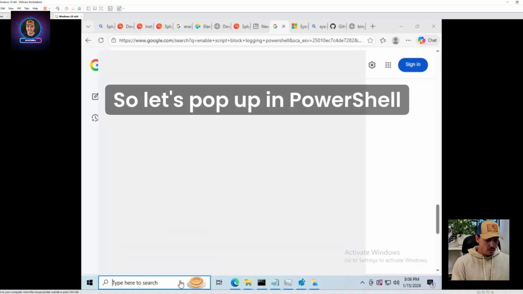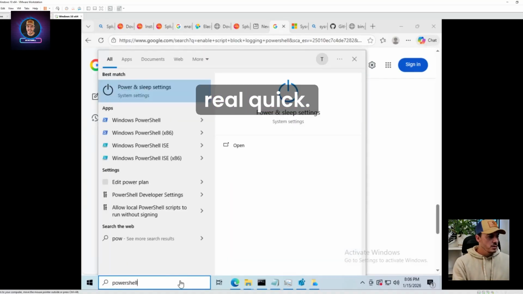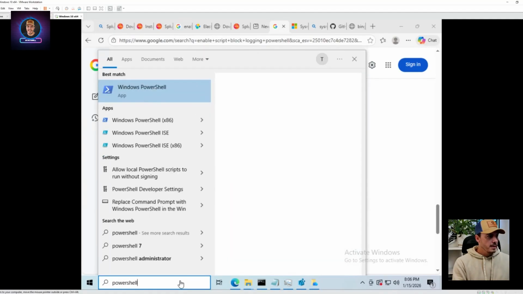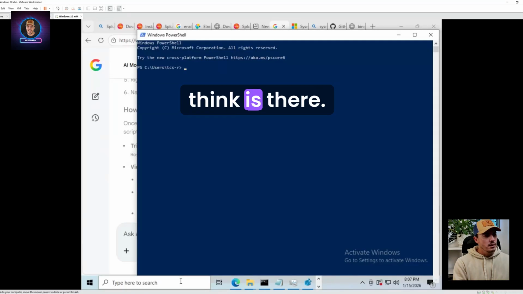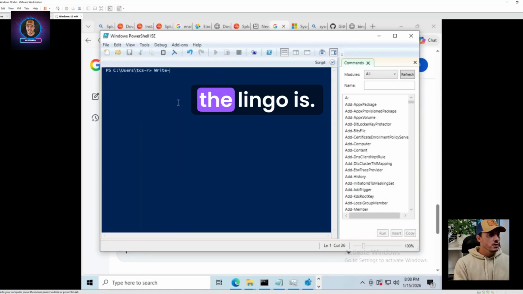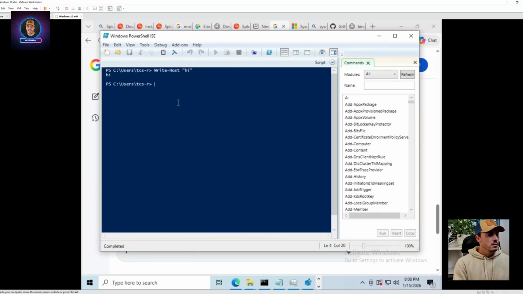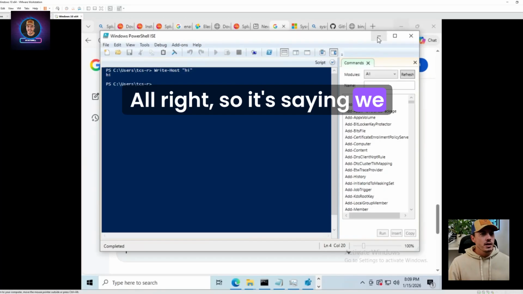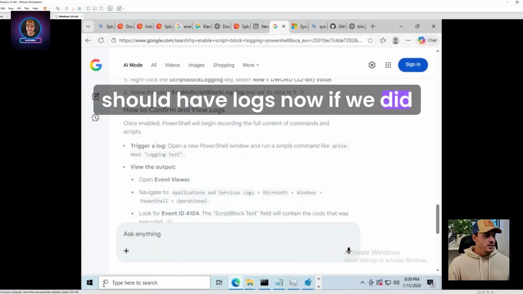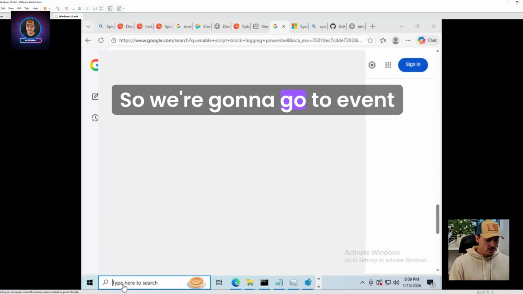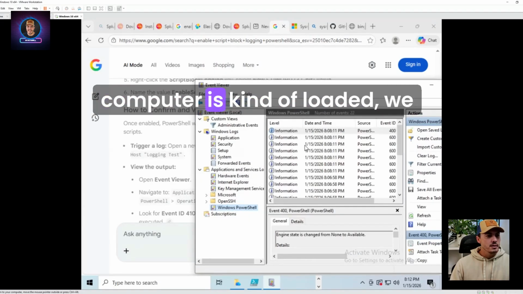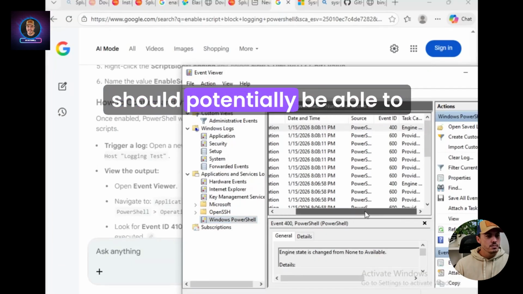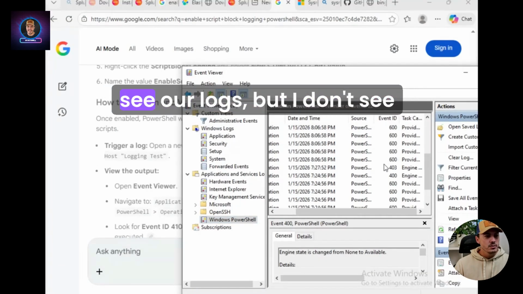So let's pop up in PowerShell real quick, and we'll do a console write. I think is there a Write-Host? That's what we want. I was trying to remember what the lingo is. Write-Host hi. All right. So it's saying we should have logs now if we did it correctly. So we're going to go to Event Viewer. All right. So now that my computer is kind of loaded, we should potentially be able to see our logs,